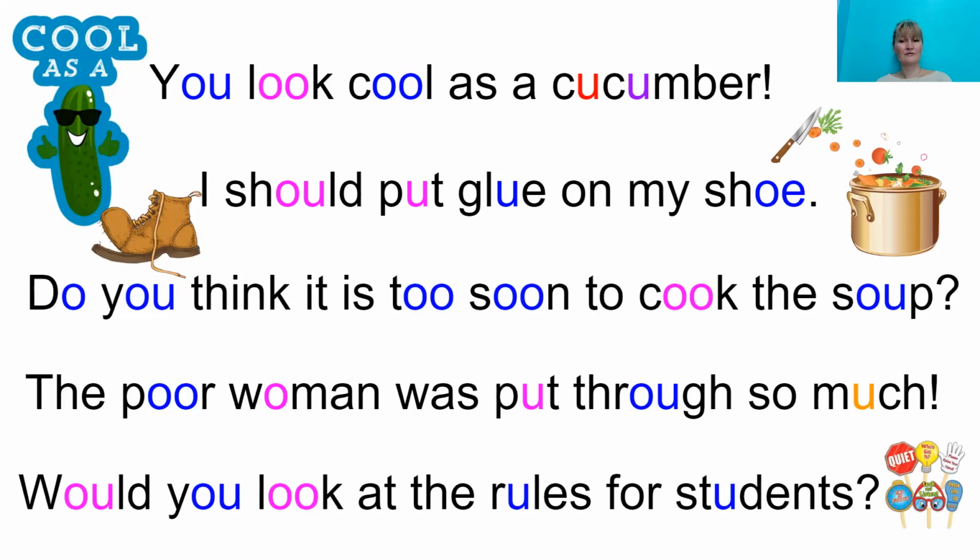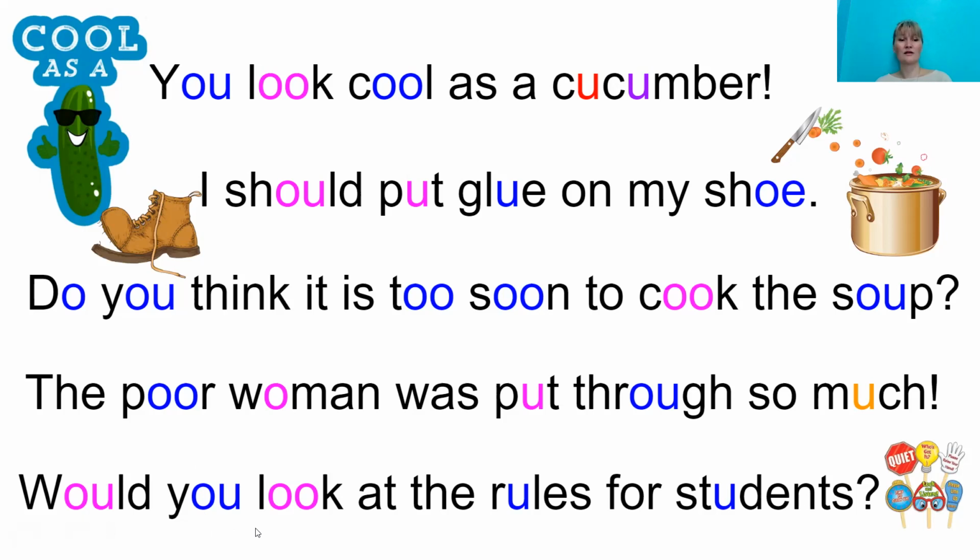Would you look at the rules for students? Students, actually, the longer, right? American way. So would you look at the rules for students? Students, right? Would you? Again, note how U is a U sound. So even though it's marked as a longer U, так как я его обозначила как длинное U, это из-за того, что Y у нас U